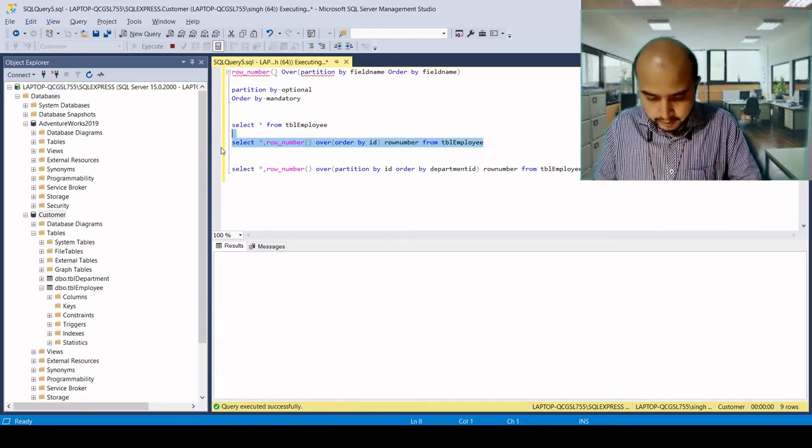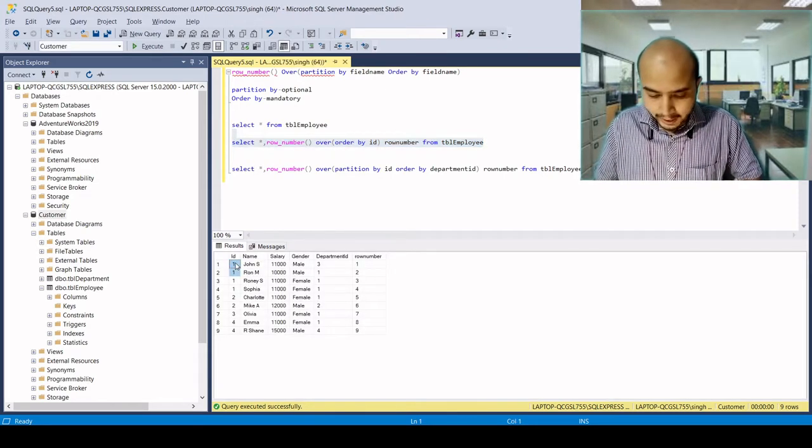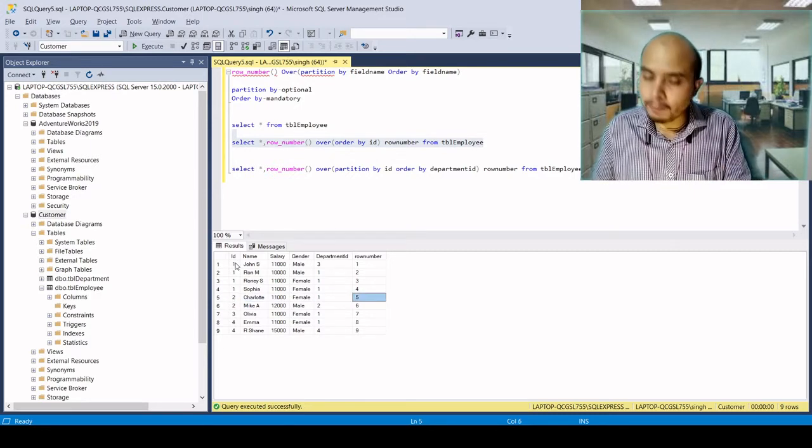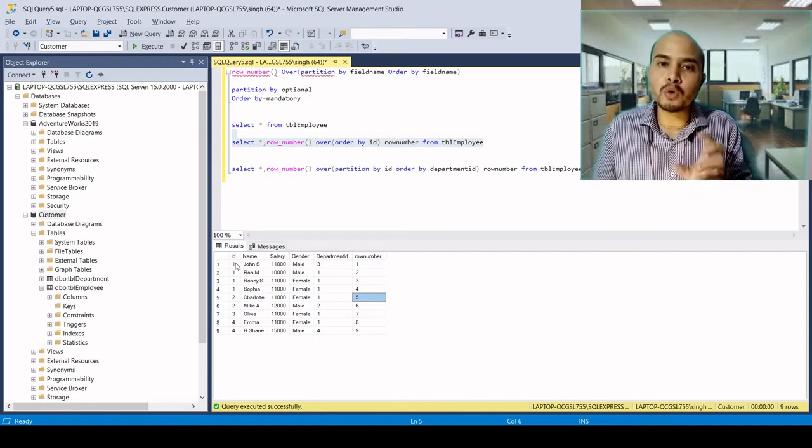The records where the ID is 1 will be grouped in one group. So these all 4 will have row numbers 1, 2, 3 and 4, and when the ID changes to 2, the row number will be again 1. That is the benefit of PARTITION BY.